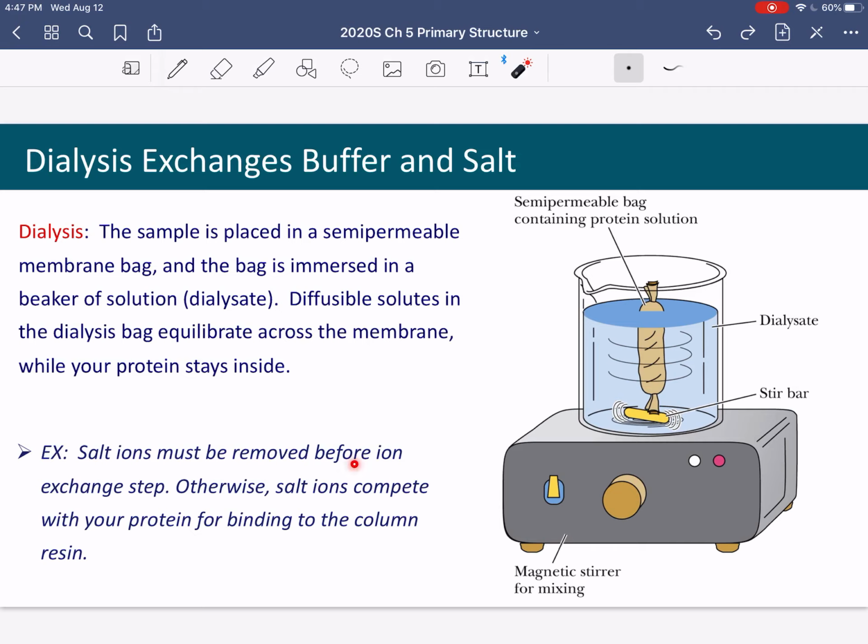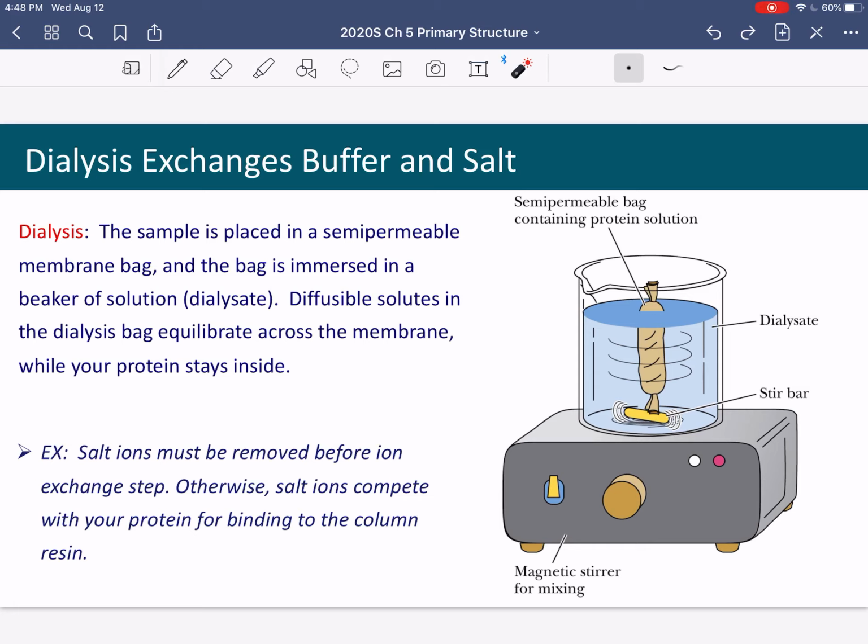So we remove the salt by placing our sample into a semi-permeable bag. It's very similar to a sausage casing. And we can buy these with different pore sizes. And so depending on the size of your molecule, you would want to pick, of course, a pore size smaller than your favorite protein, your insulin, for example, but large enough to let the salt or whatever other materials you want to dialyze out. Okay, add a sample bar and a mixing plate, and your dialysate is your low salt